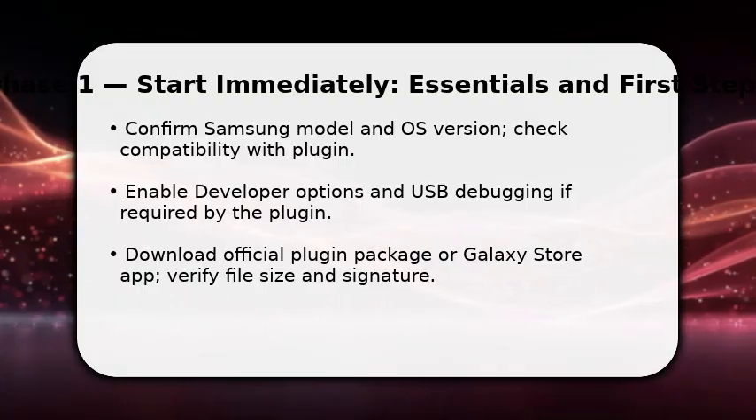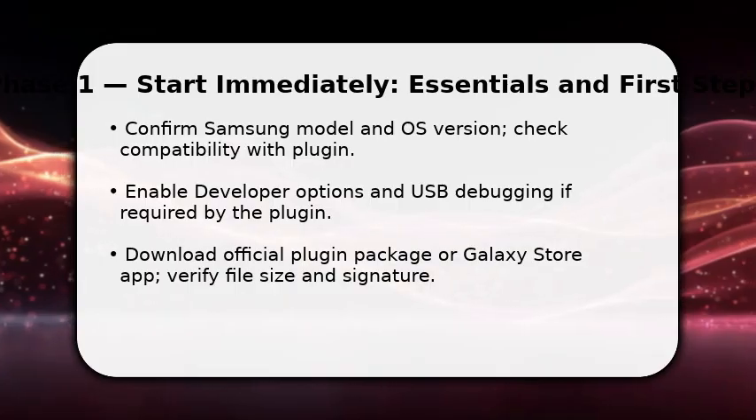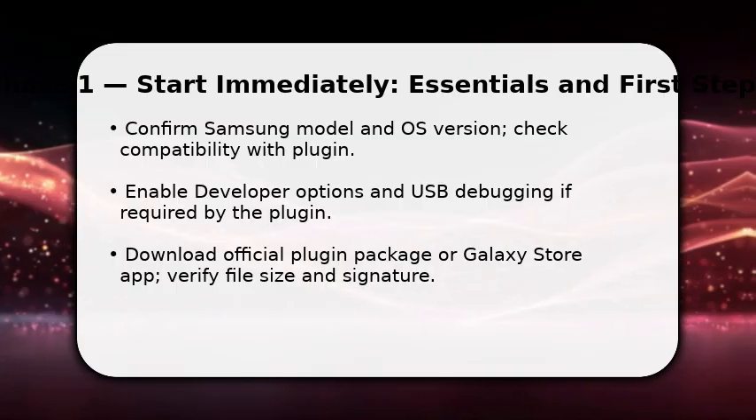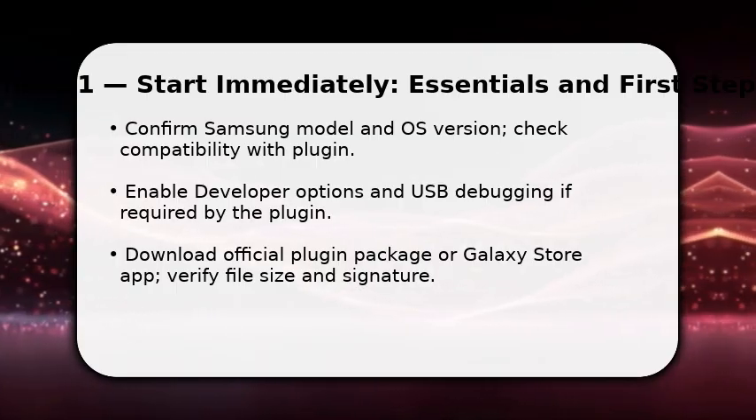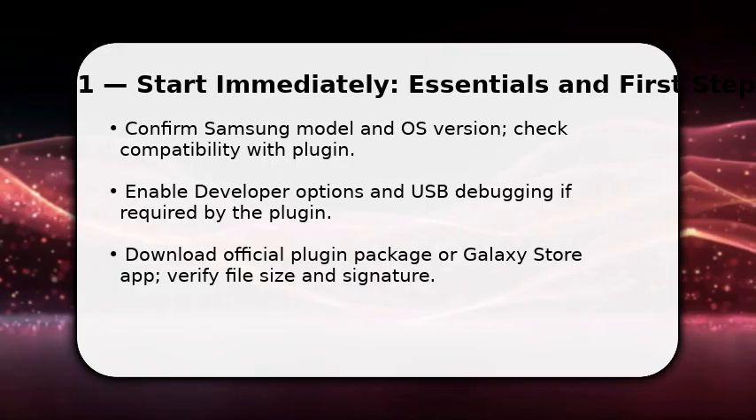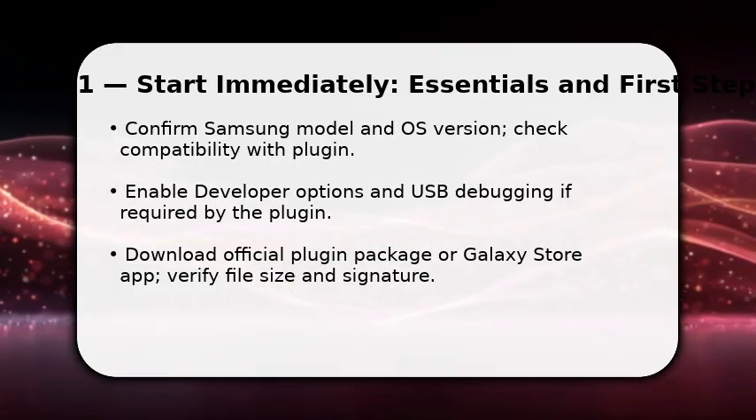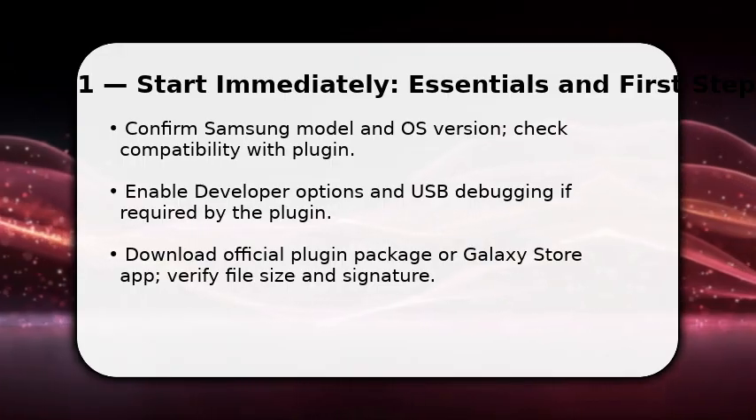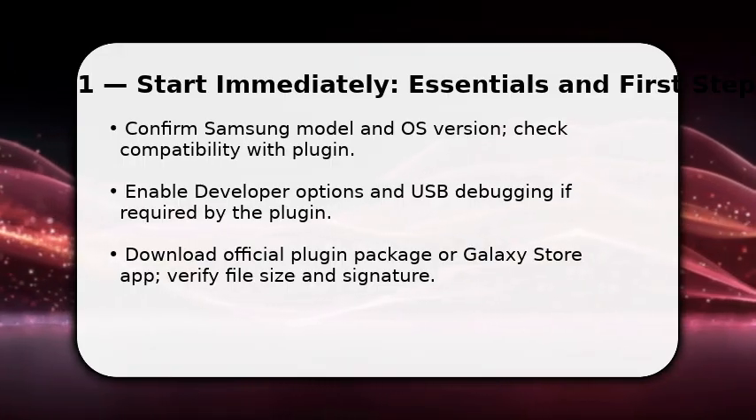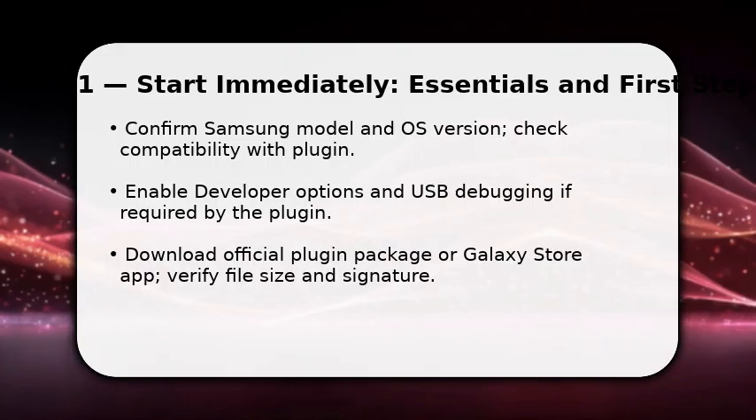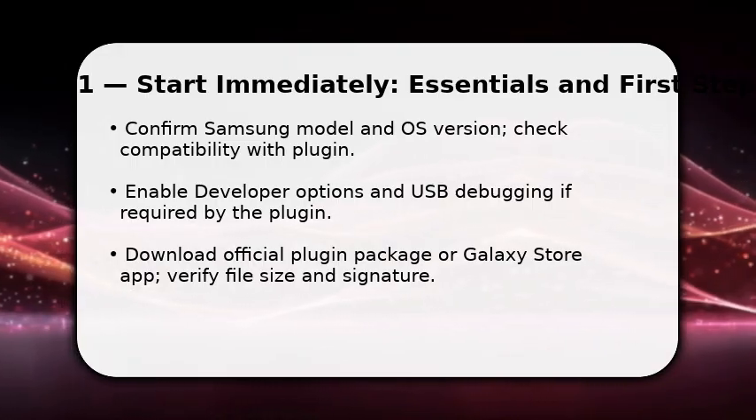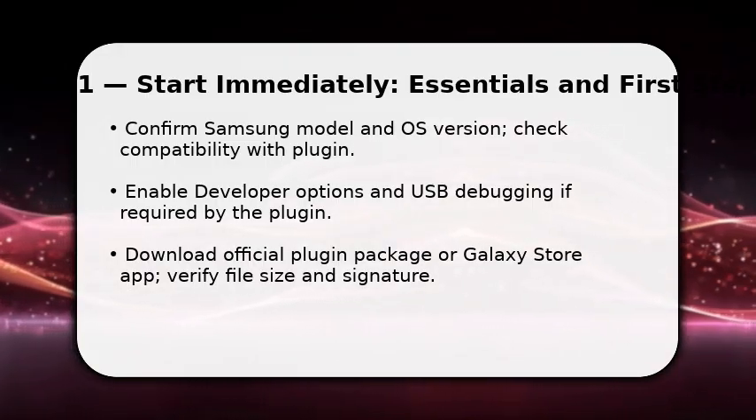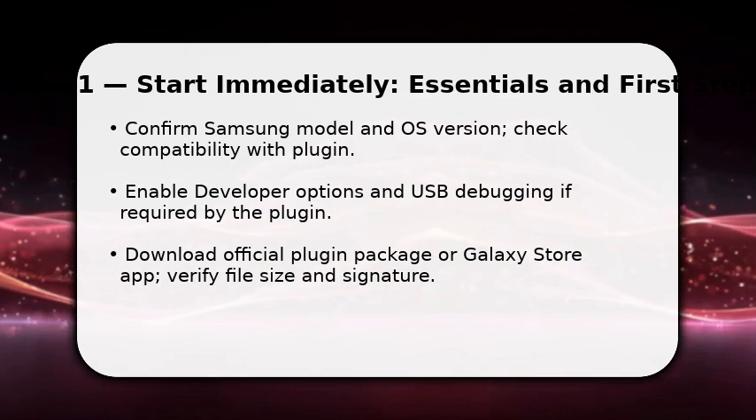You begin by confirming your Samsung model and the OS version so the right plugin installs. Once done, enable any required permissions, developer options, or USB debugging only if the plugin explicitly needs it. Next, download the official plugin package or get it from Galaxy Store. Make sure file size matches and the signature looks legitimate. Doing these steps now prevents compatibility failures later, and it keeps your device secure while you move into the actual